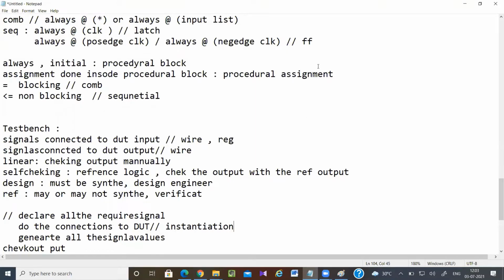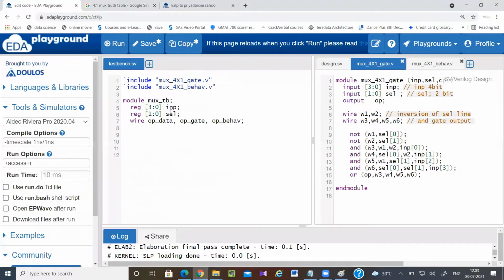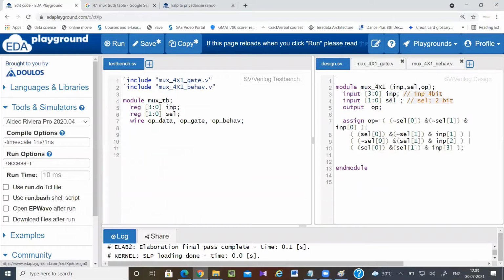I have to connect whatever my test bench input to DUT input, test bench select to DUT select, and output data to output. So remember this step: first you have to write the module name, mux 4x1. This is my original module name. Then you have to give some instantiation name, let it be M1. Here I am writing input TP so that you won't get confused.